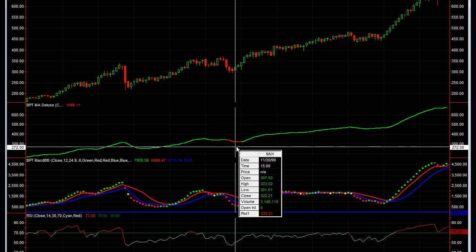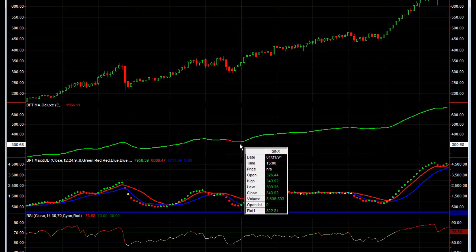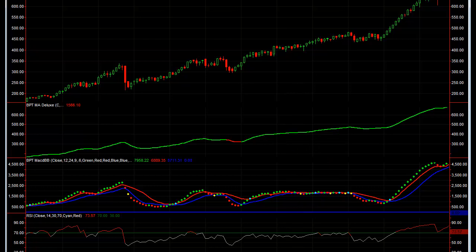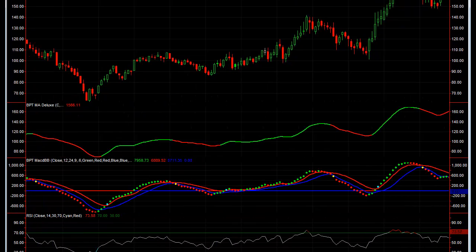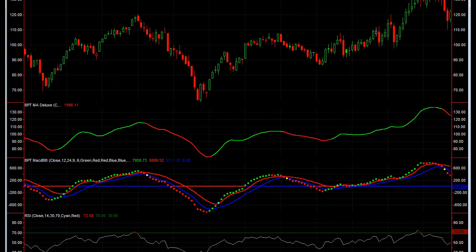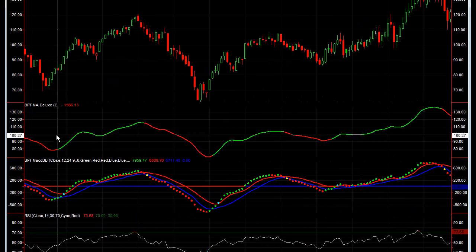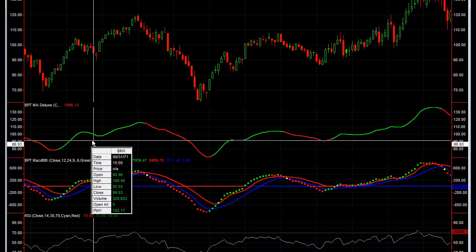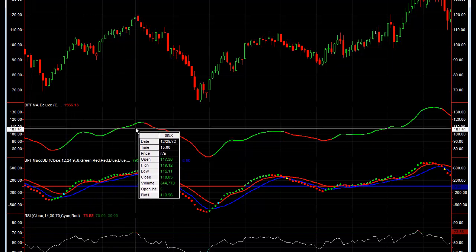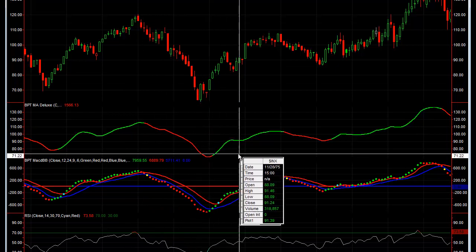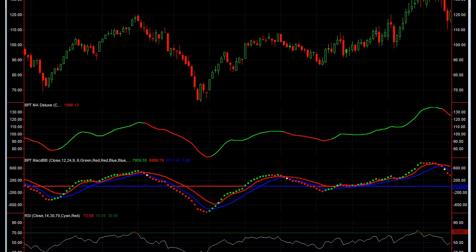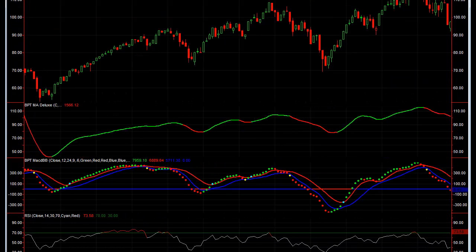Little brief stint here in 1990 where it turned red, but it then went right back green. As you know, it was a secular bull market there, so it was generally green in most of those instances. Here's back in the 70s, volatile 70s, but you could see that it still did very well. Stayed green for most of this uptrend, then went red, then went back green, and you can see it's done fairly well. And if you add this to the Dow Jones, for example, going back to